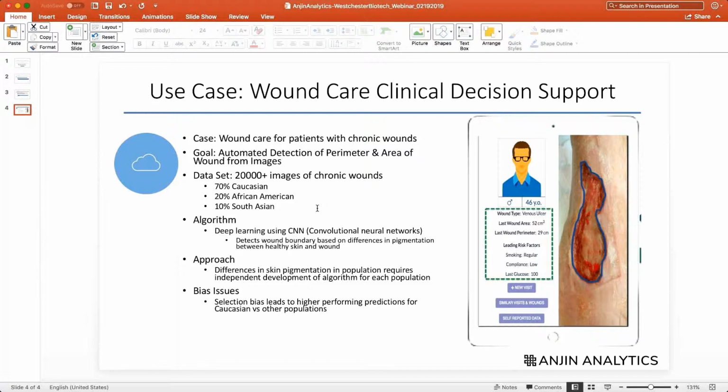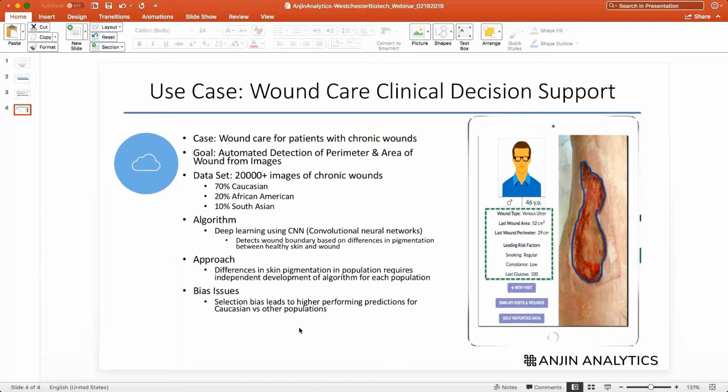And the methodology we were using, convolutional neural networks. And really the method fundamentally works by looking at the difference in the skin pigmentation between the healthy and the wounded skin, to develop the algorithm and understand what to try to predict as a boundary. So what we found was that we couldn't just create a training set with a mix of all of these populations because of the drastic differences between the healthy skin for different populations versus the color of the wound. And so we had to separate out the population. So for Caucasian, we had to work on algorithm development for that population, and then separate out African American and separate out South Asian